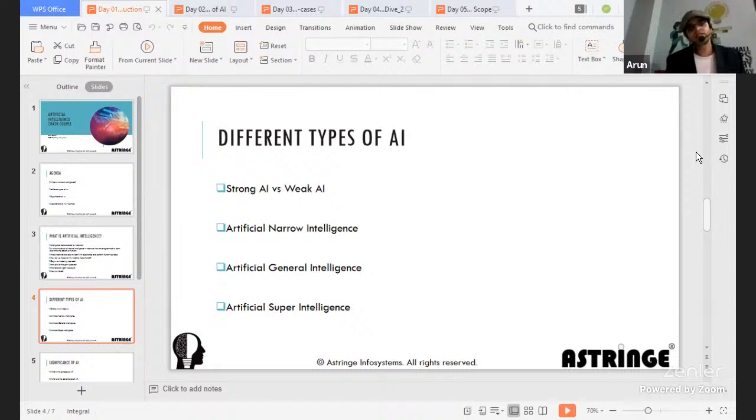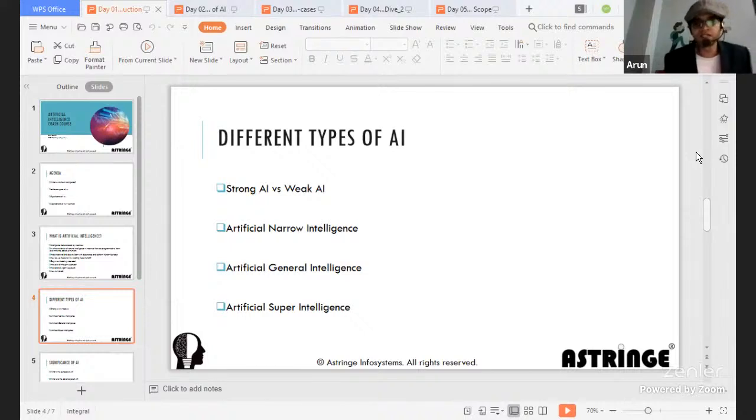Artificial narrow intelligence is something which is a very basic thing. Like you ask it and it responds back. That is artificial narrow intelligence. As of today, most of the systems which are falling under weak AI are all artificial narrow intelligence. To be honest, even including the deep learning networks. But yeah, reinforcement learning is somewhere in between artificial narrow intelligence and heading towards artificial general intelligence, but it is nowhere close to it.